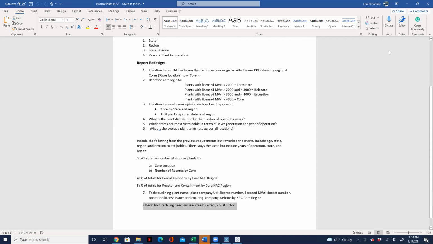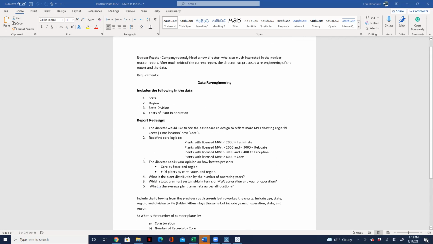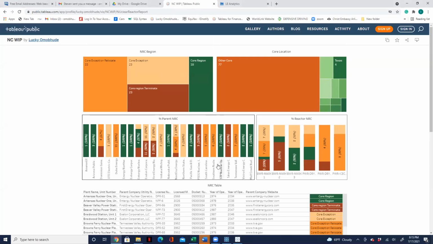Now, who still does not understand what we're trying to do? Kiddy, give it a shot. What do you think we're trying to do? Again, look at the requirement. You are here when we did this chart, right? This requirement. Yes. Yeah, so what we're trying to do is we're trying to re-engineer this. The data source, we have to re-engineer the data source, and we have to re-engineer the dashboard.